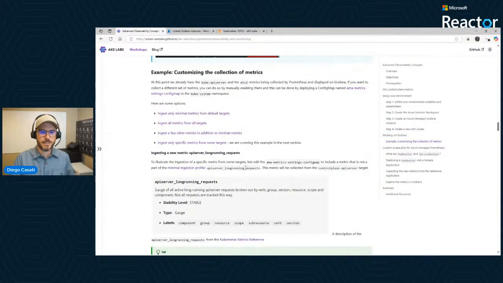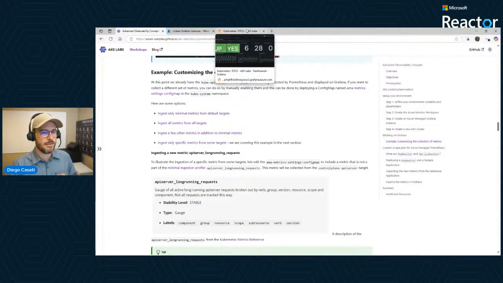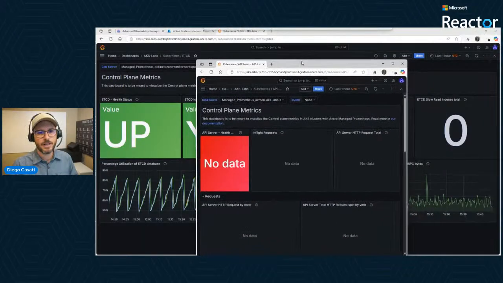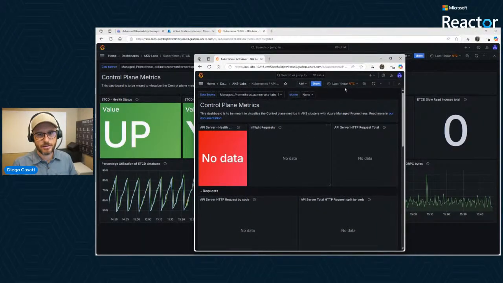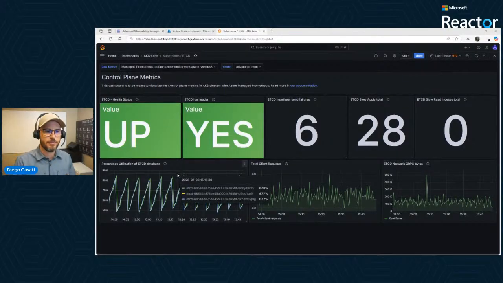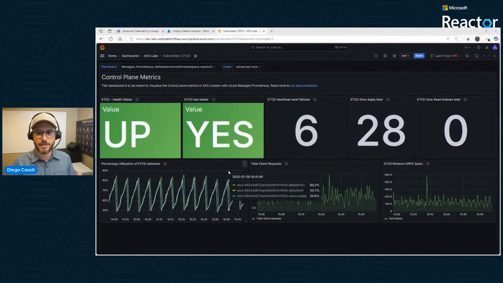Now, a couple of things in here as we move along. We were able to just put these new dashboards, and what this is doing right now is showing you information that you did not have access to before. Before, this is how it would look. It's like missing components in here. As you enable the control plane metrics to flow and then be displayed in Grafana, you will now see information from etcd and the database.